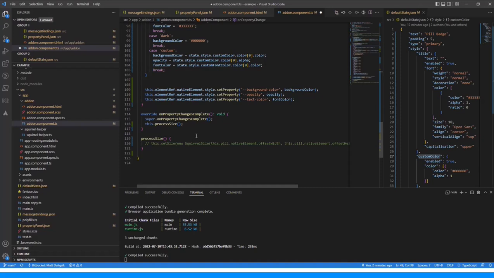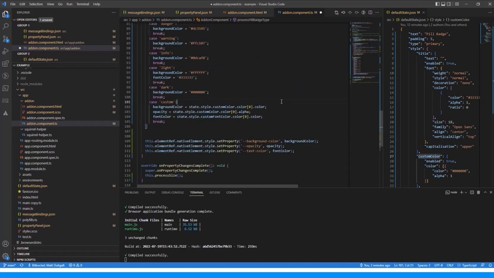So if you've got a pretty heavy render method or something, you could drop it into there, and then you're only calling that once after all those properties are set. But it's entirely up to you as the developer. That's what it's there for. You can use it or not use it. It's entirely up to you. So let me